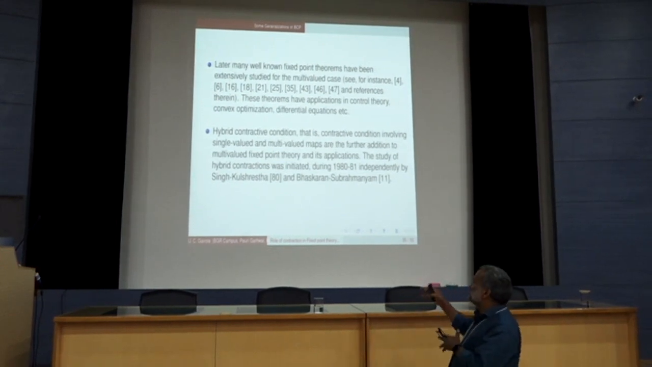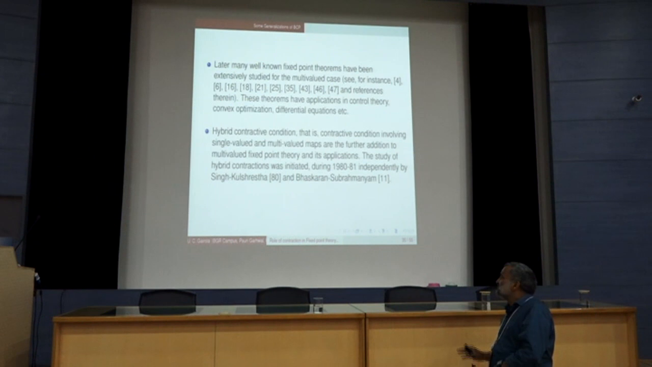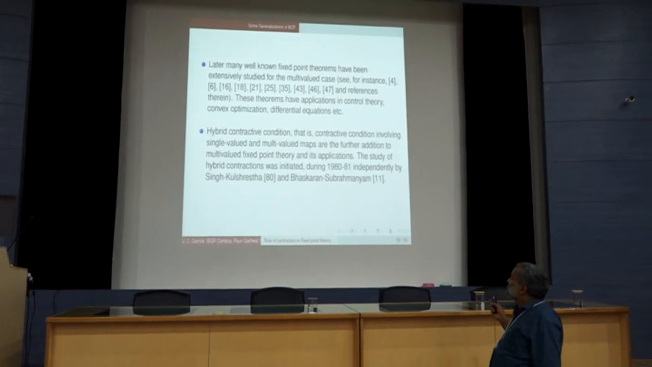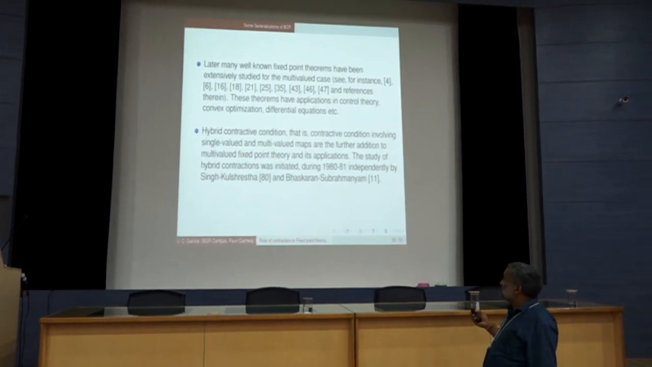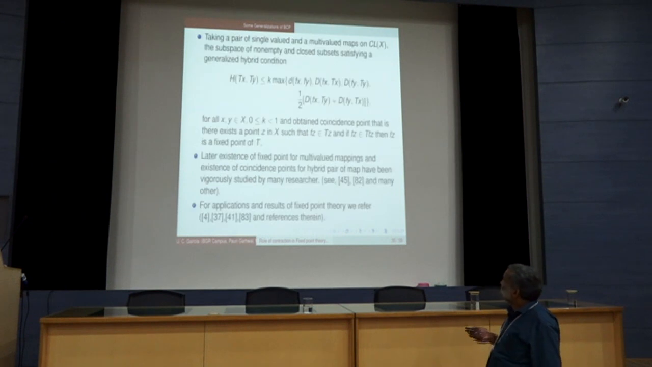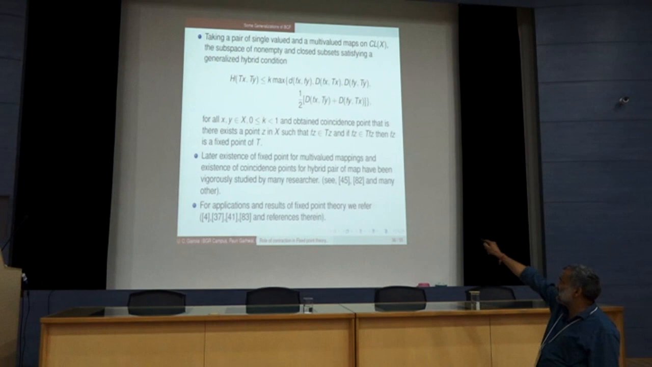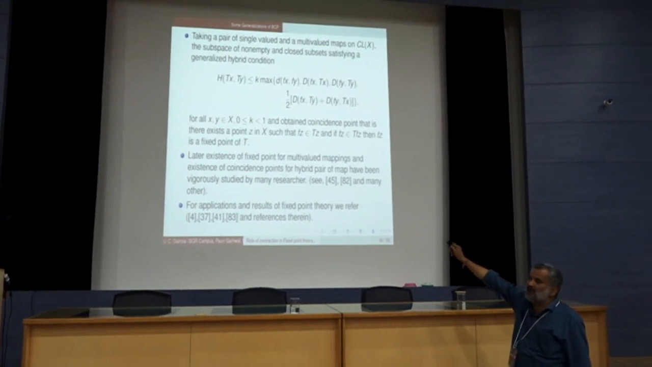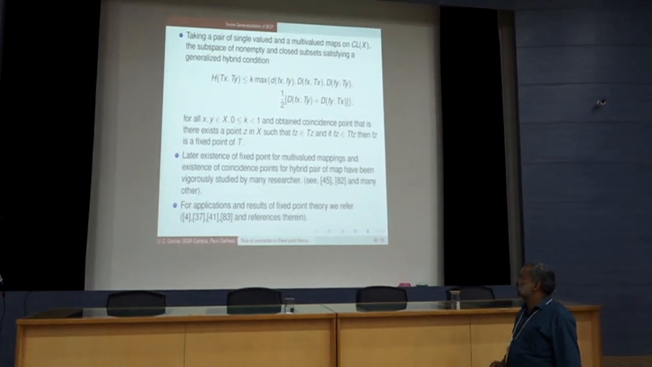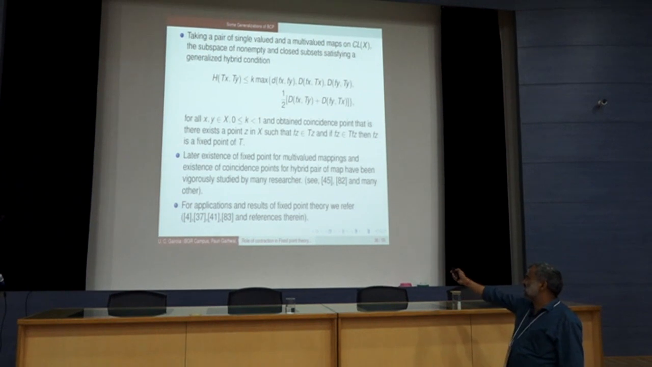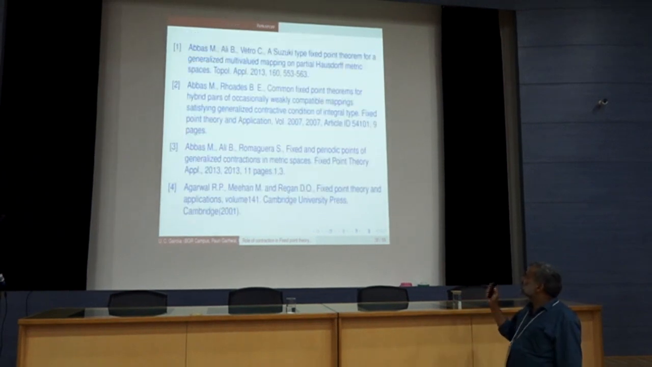And in the 1990s, the study of this was initiated by Professor Azhar Singh and Chitra Kulshrestha in 1983. Taking like this, this is the hybrid contraction, when this T is the multi-valued map and F is a single valued map. So there are several generalizations of these multi-valued conditions here. We have also worked